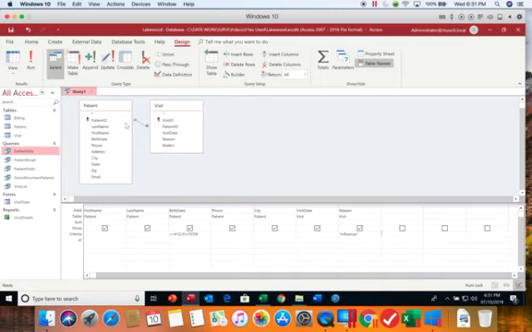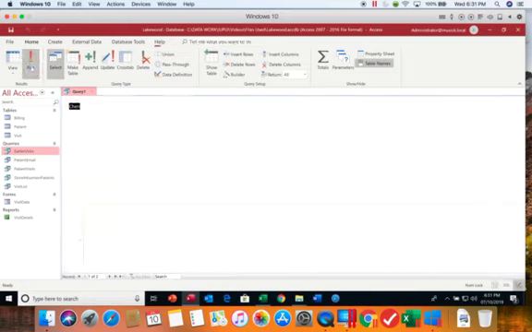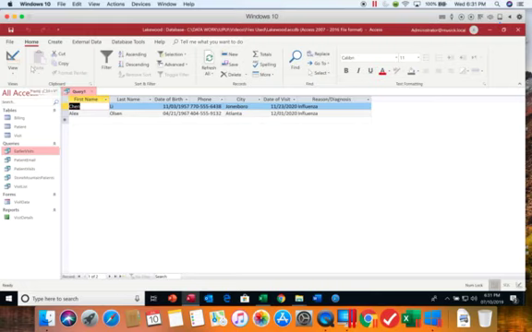So we're going to go ahead and we are going to run this query. And you can see that we have two records that have a birth date prior to that date and a reason of influenza. And we're going to save